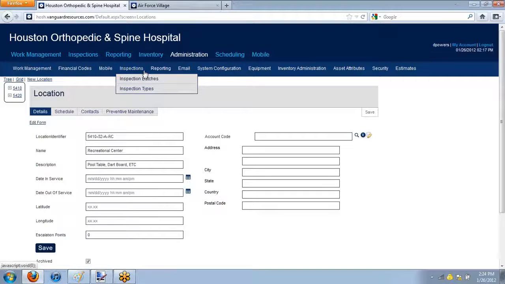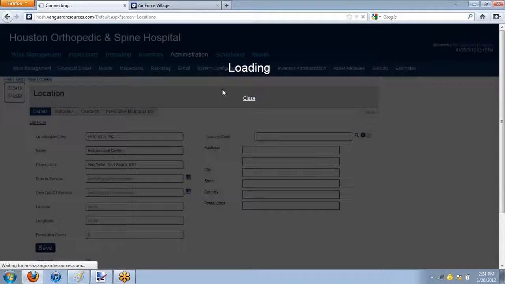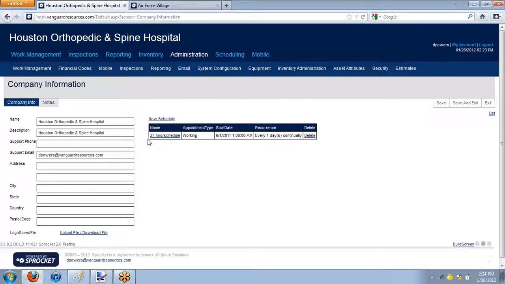logo or the hospital's logo up there. And you do that by going to Administration, System Configuration, and then Company Information. Now here you can change any of the information you want, enter the name, description. If you wanted to put a phone number on here, which I will do for demo purposes only,